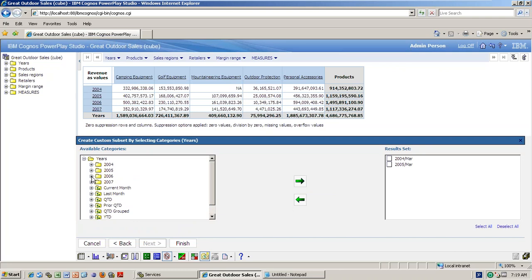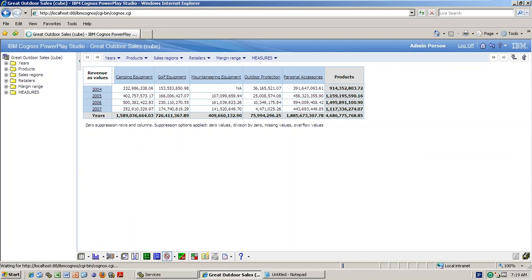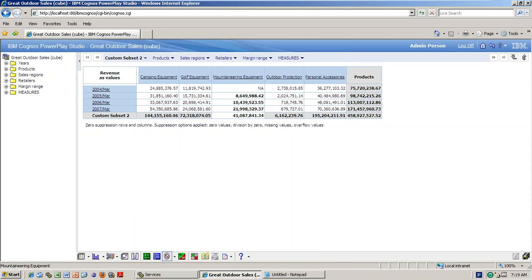Because I need the comparative analysis for each year at March, because it's the last date of your submission to the regulator, right? So tax submissions to the regulation. At that time, what exactly are the values I want to see every time, and I want to compare all the things. So the comparative analysis has to be done. See this. So for the year, custom subset.